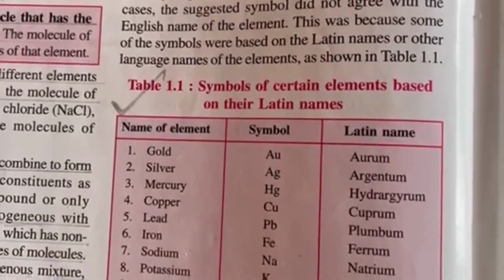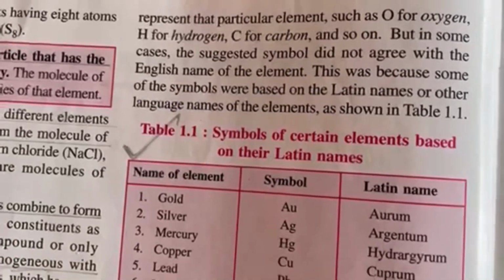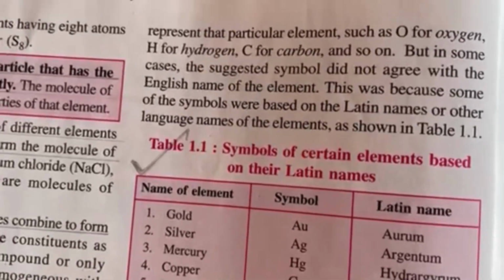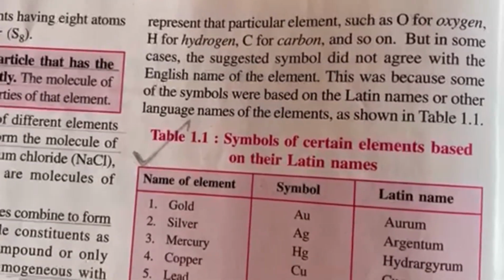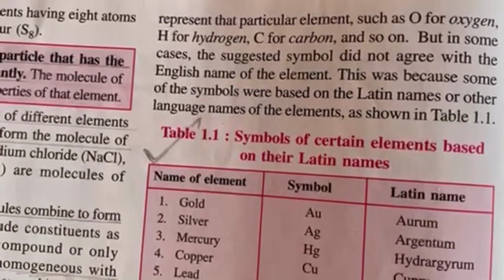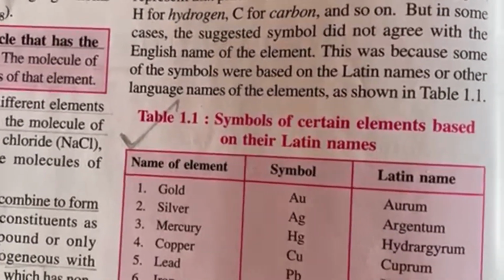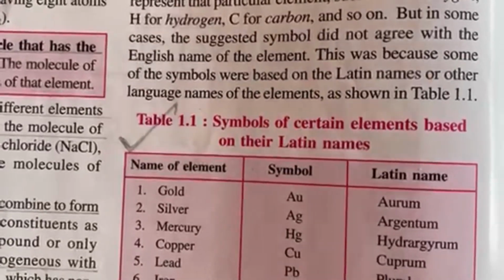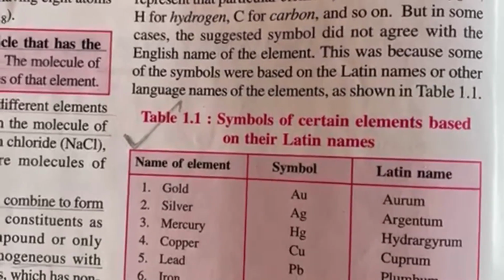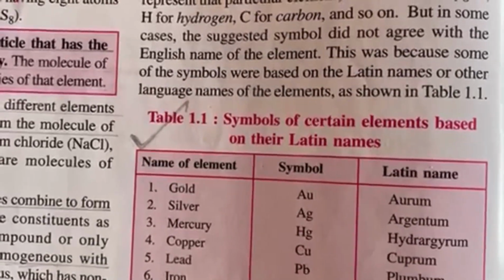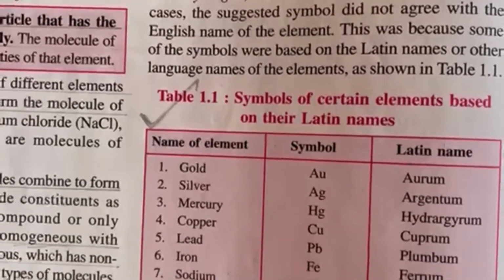Because, supposing we take, say, silver, oxygen and ozone. Oxygen O, ozone the same. So there were many, like calcium starting with C, carbon starting with C, copper, C. So that is why many names were taken from Latin. The Latin names were taken and then the symbols were used accordingly.